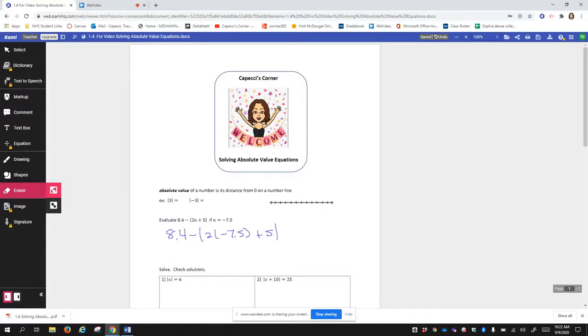Today on Capechi's Corner, we're going to look at solving absolute value equations. Now, the absolute value of a number is its distance from 0 on a number line. So let's just refresh that. If I have 0 here,